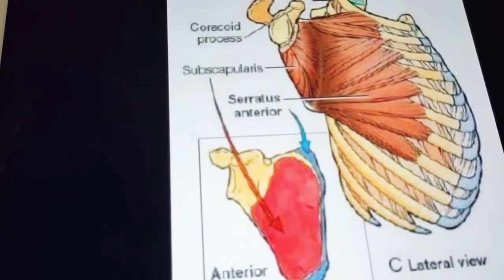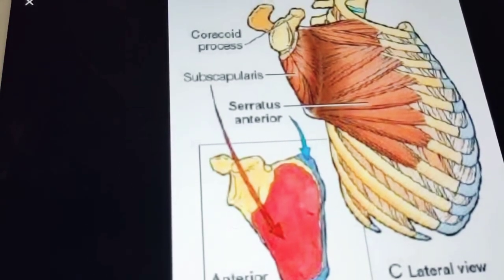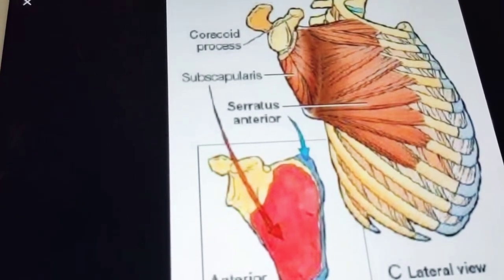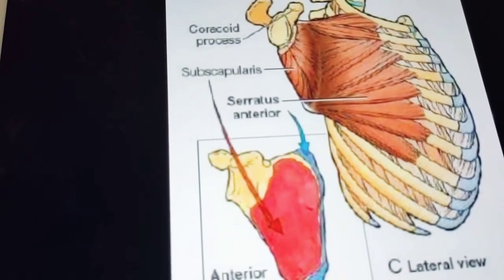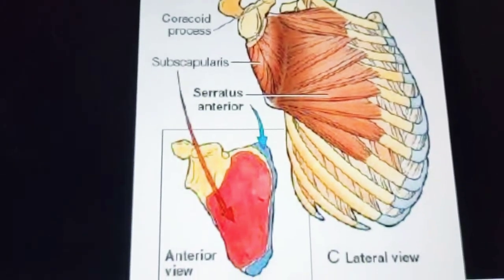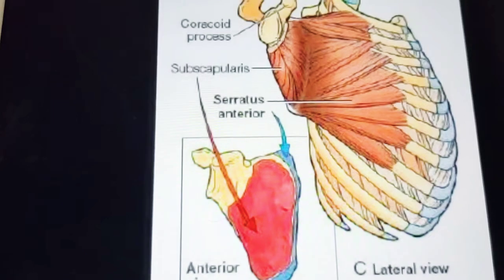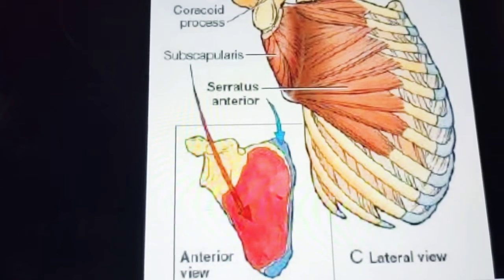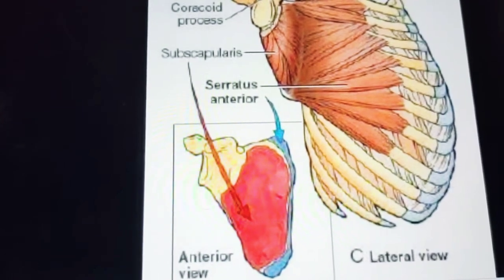Its fibers are inserted to the inferior angle of the scapula and pull it forward and rotate the scapula so that the glenoid cavity is turned upward. In this action, serratus anterior, helped by trapezius, pulls the acromion upwards and backwards. When the muscle is paralyzed, the medial margin of the scapula gets raised, especially because it is inserted there, right? Especially in pushing movements, because for pushing you need this. This is called winging of the scapula, very important. When the serratus anterior is paralyzed, the medial border of the costal surface of the scapula gets elevated. This is called winging of the scapula.